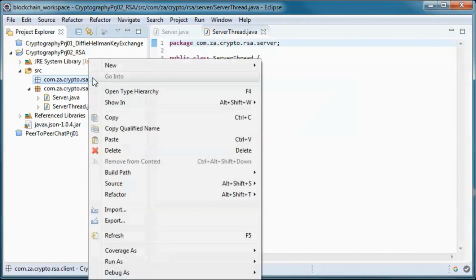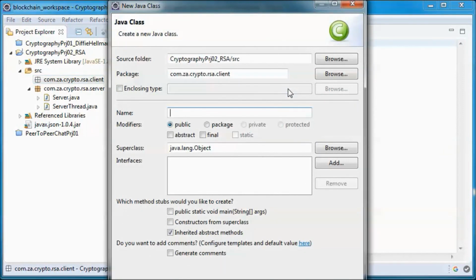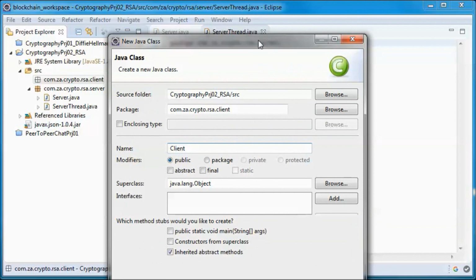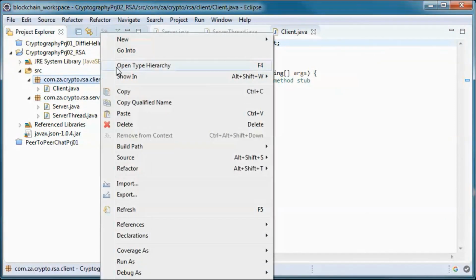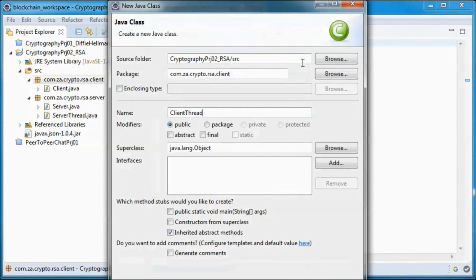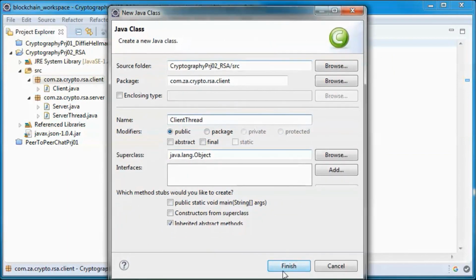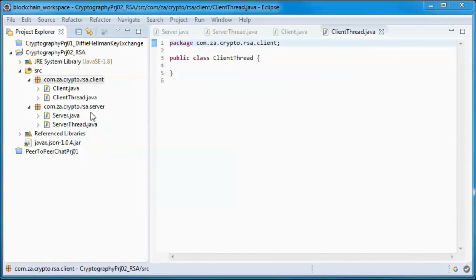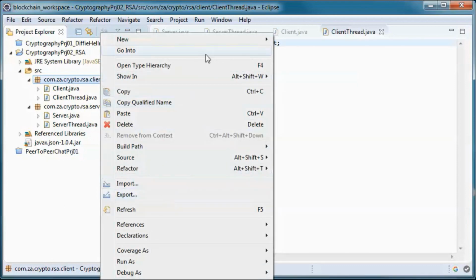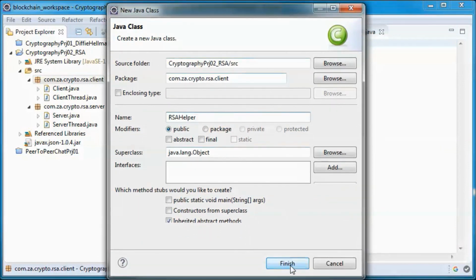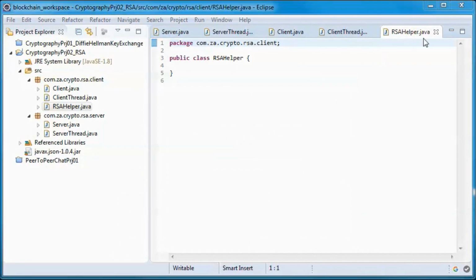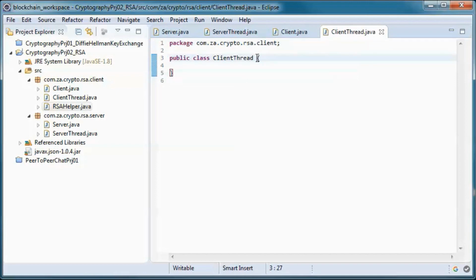and on the client side we will have 3 classes, a client class with a main method and a client thread class, and the RSA implementation code will be in this class, and both client thread and server thread classes will extend from thread,